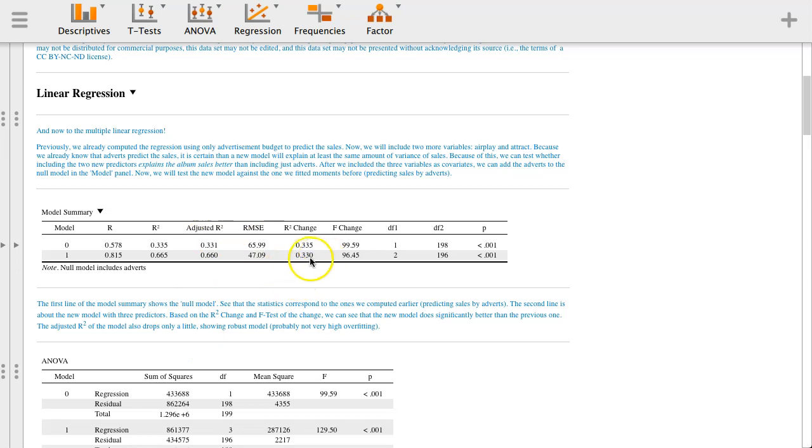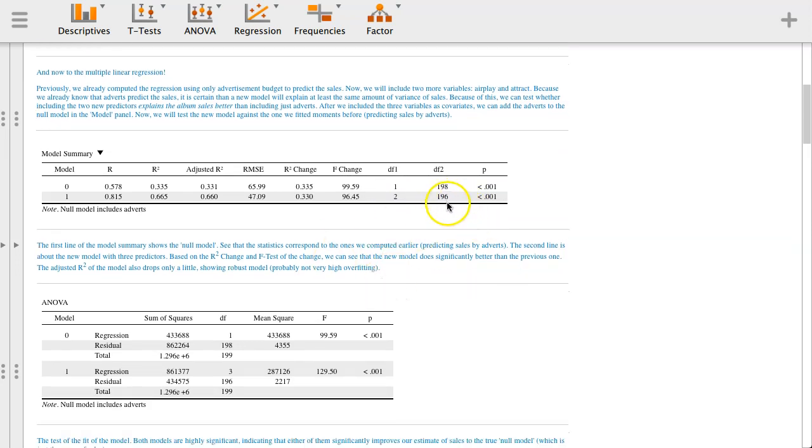But what you want to look at for the r-squared change is what happens now to r-squared on the second model. So model 1 here, we end up with that 0.82 and then the 0.67, and you can see that r-squared change is 0.33 increase because it's a positive number. This could be positive or negative. It's a positive number. 0.33 added to this value here, and you get that value, and then you have an additional amount of f